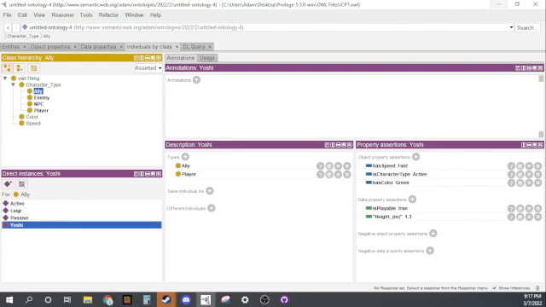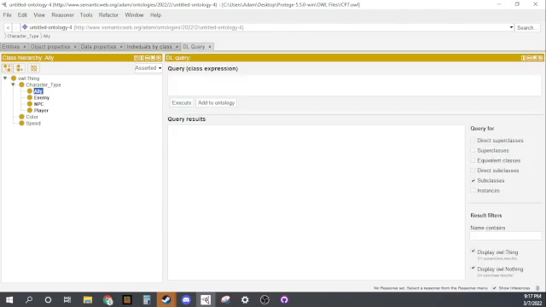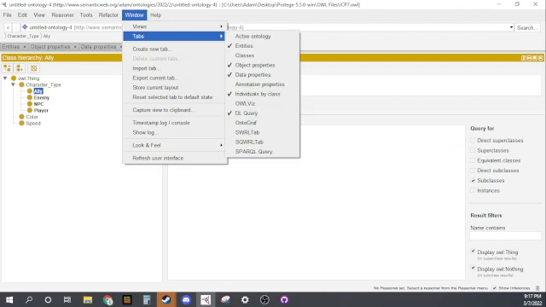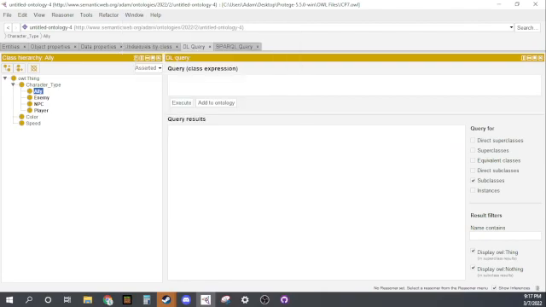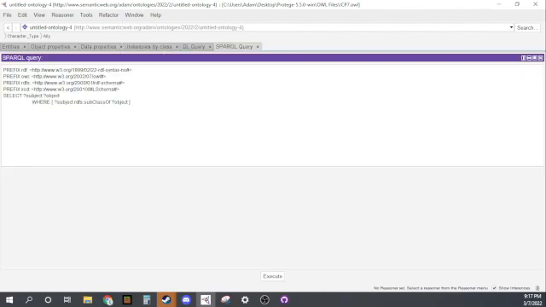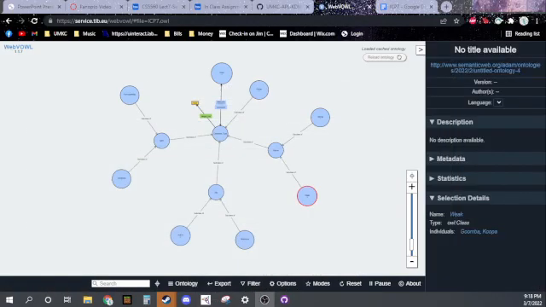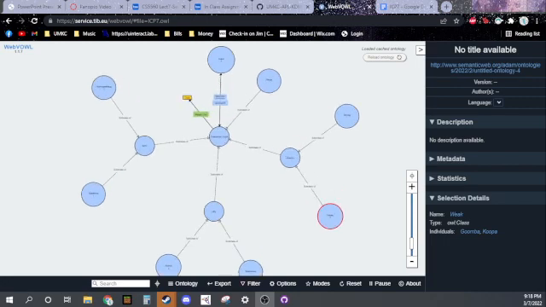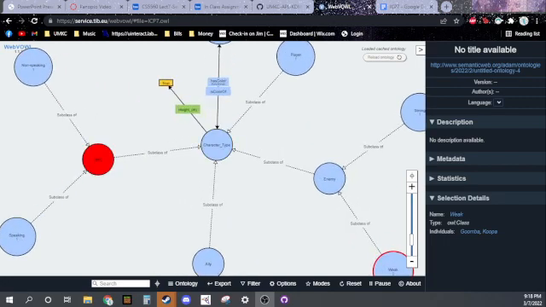Then if we do the DL query, if we go to the SPARQL query and we execute that, we have the different categories for the character types specifically. And then when we go to the visualization, we get something like this, where character type is the